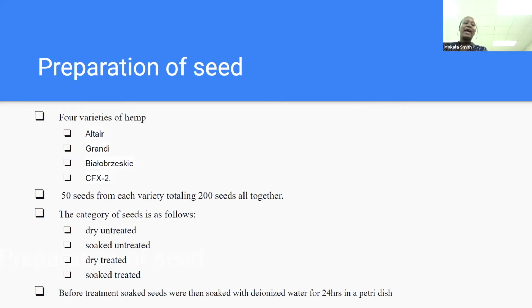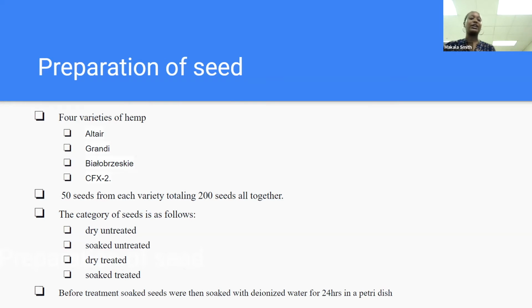Before we could do anything, we had to prep the seeds. We used 4 varieties of hemp. From those 4 varieties, we had 50 seeds from each variety, totaling 200 seeds altogether. As I said earlier, Alex and I were working together but separately, as she did with Feminized and I did with Fiberized. The difference between the two is Feminized were genetically all female, and Fiberized was just a 50-50